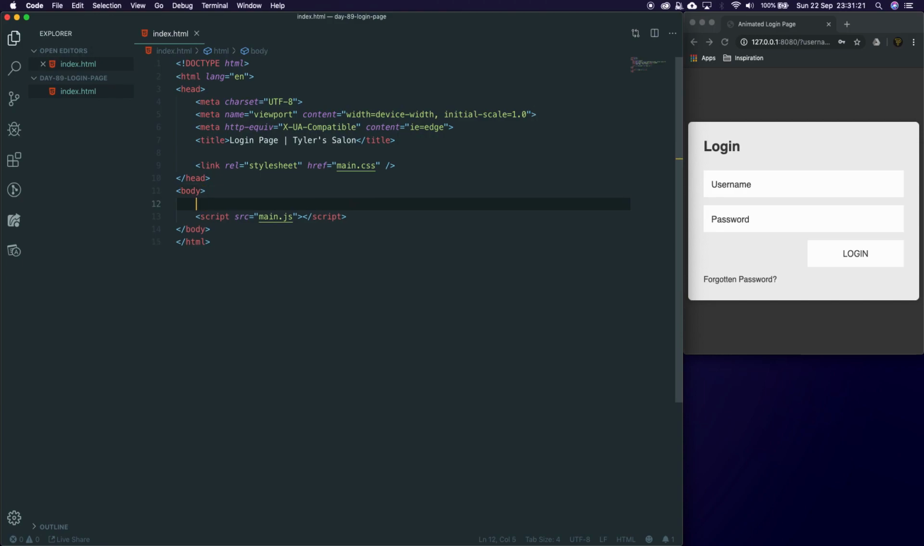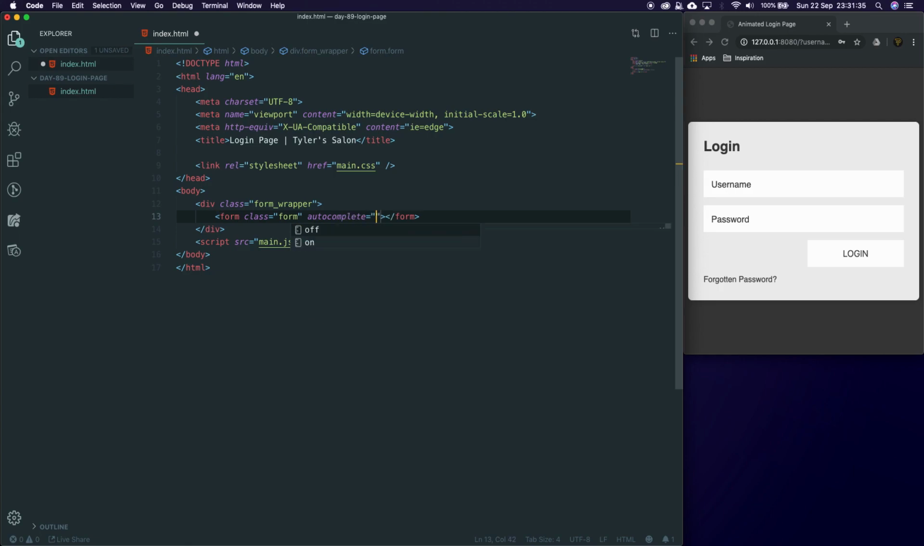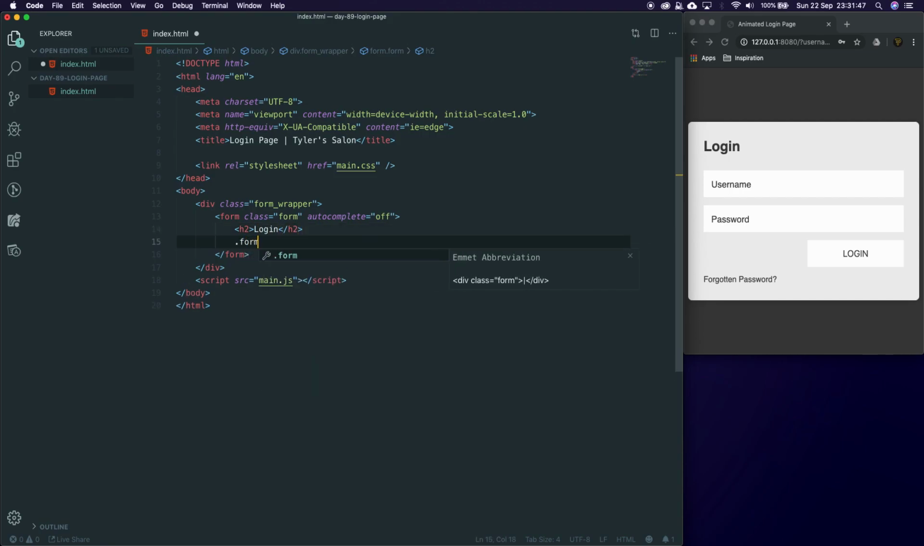So let's create some markup. I'm going to create a div with form wrapper, which we'll use to center our stuff. We're then going to have a form with the class of form, no action because we're not actually going to submit the form. Inside here, we're going to say autocomplete equal off, because autocomplete is very annoying. It basically brings up suggestions and stuff like that, and it's only useful when you want it to be useful. I'm going to have form group,